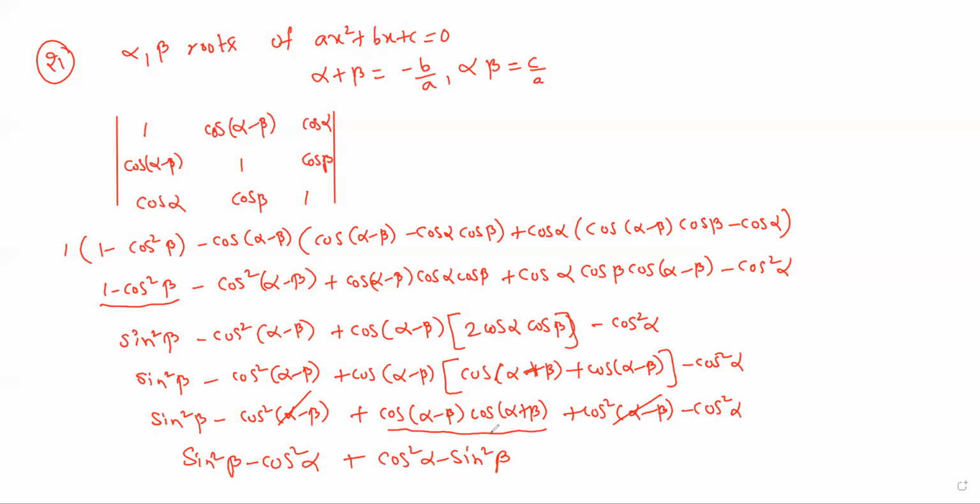What here? The formula cos of A plus B into cos of A minus B is cos square A minus sin square B. A is nothing but alpha, B is nothing but beta. That's why we are having opposite sign. All terms get cancelled. What is the value you'll get? 0. 0 is the answer. But is 0 there in the options? No, it is not there. That's why option D, none of these, is the answer.